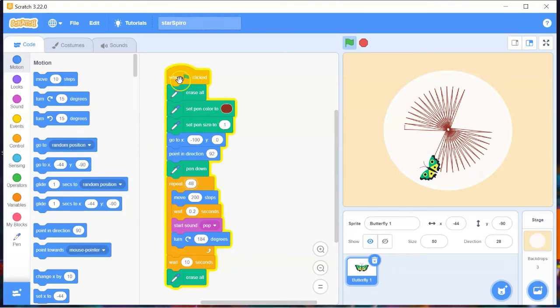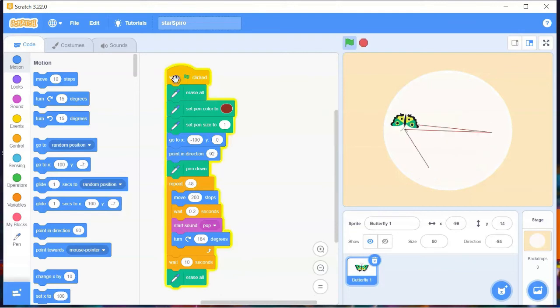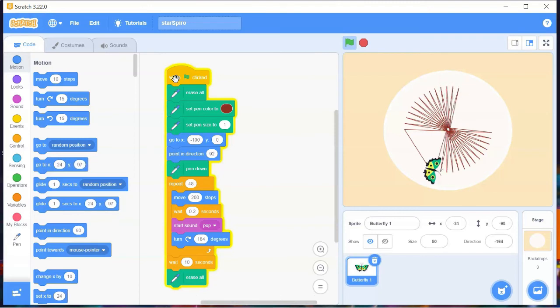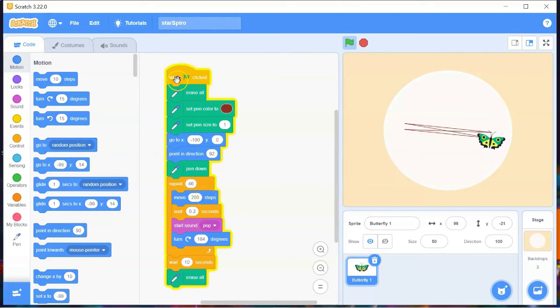Let me just check it by trial and error. Now I'm going to run this program. Now you can see it is sketching in all directions, a very nice spirograph it is making. Yeah, I think 46 is enough. I can see, yes.